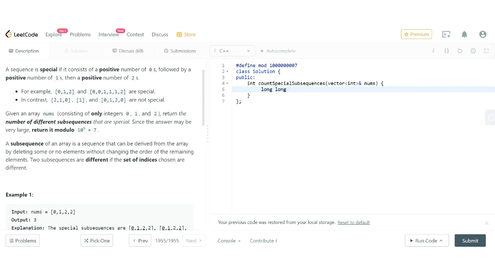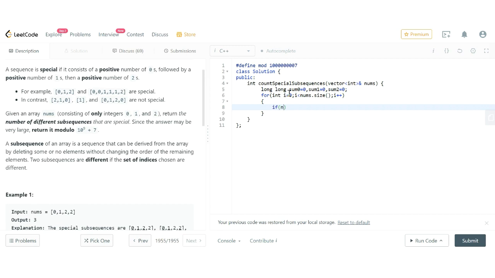So here we are writing the code. I am declaring the sum 0 variable as long, and sum 1 is also 0 and sum 2 is also 0. I have declared the mod above only, that we have to modulo with 10 to the power 9 plus 7. Okay, so here we will iterate through our array, nums dot size, and add the cases.